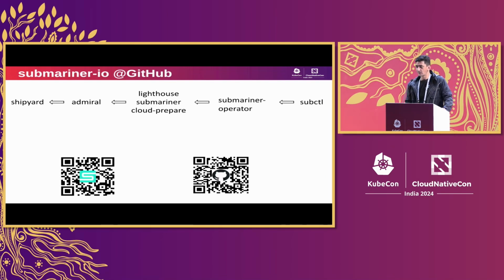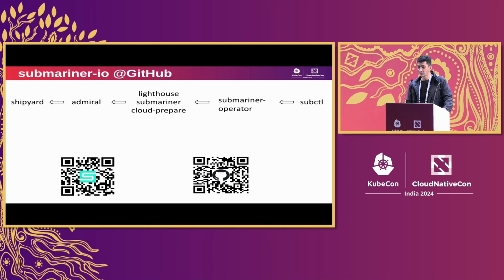As part of our organization, you can see there are multiple repositories. There are many more; we have just highlighted a few of them. Shipyard is the one that takes care of all our CI/CD, our makefiles, and our Dockerfiles for all the projects. Admiral is the project where we have all the common Golang code which all the projects use, like helper util functions. Lighthouse is our service discovery component, which is basically a CoreDNS plugin.